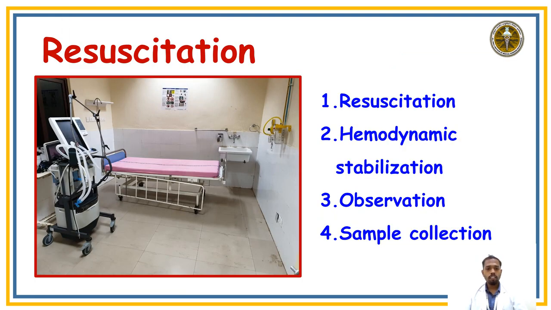Now the patient may be shifted to the resuscitation bay. In this resuscitation bay, you can see there is a special bed, where the patient may be placed in Fowler's position or the position can be changed separately. On the right side you can see the suction apparatus and oxygenation. On the left side you can see the ventilators, and at the back you can see the cardiac monitors. For a resuscitation, whatever things are required, everything should be available in this resuscitation bay.